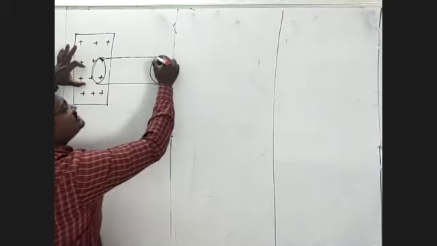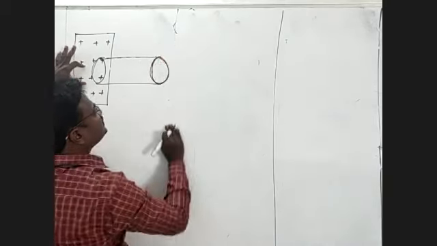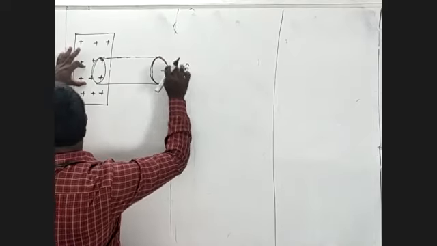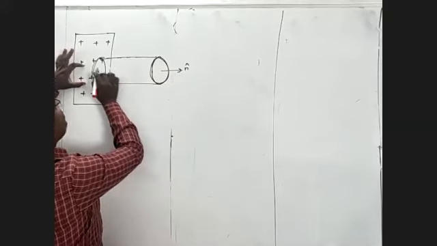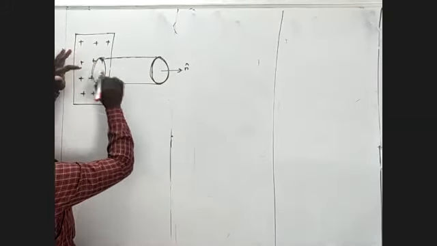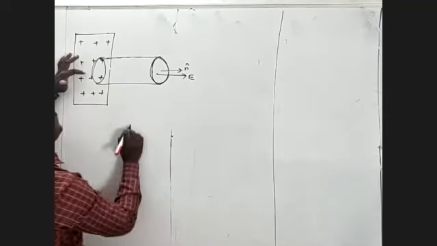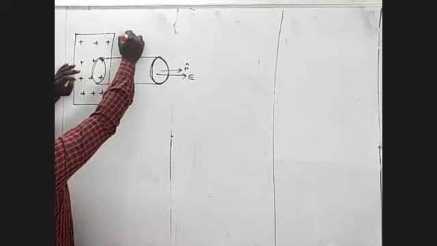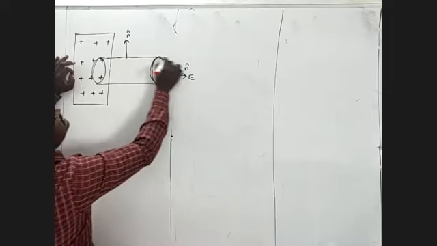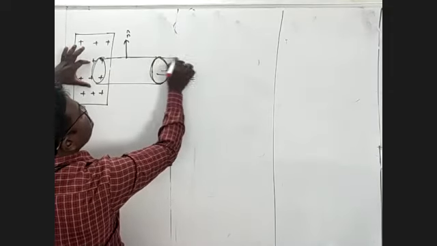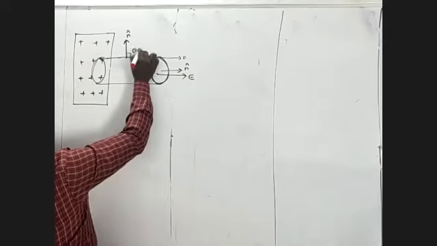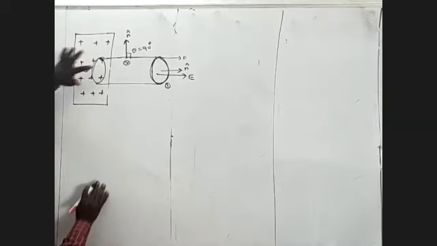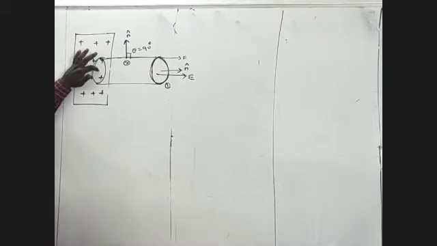What is the shape of this one? Circular, and the direction of n cap is outward. The area vector n cap is in the outward direction. This plate has the positive charge, and the direction of the electric field is outward. And this is the top curved surface. The direction of the area vector n cap is outward, and this is the direction of the electric field. Now the angle theta is 90 degrees. This is surface 1, this is surface 2, and this is surface number 3 inside. Inside, the charge is 0 and the electric field is 0.